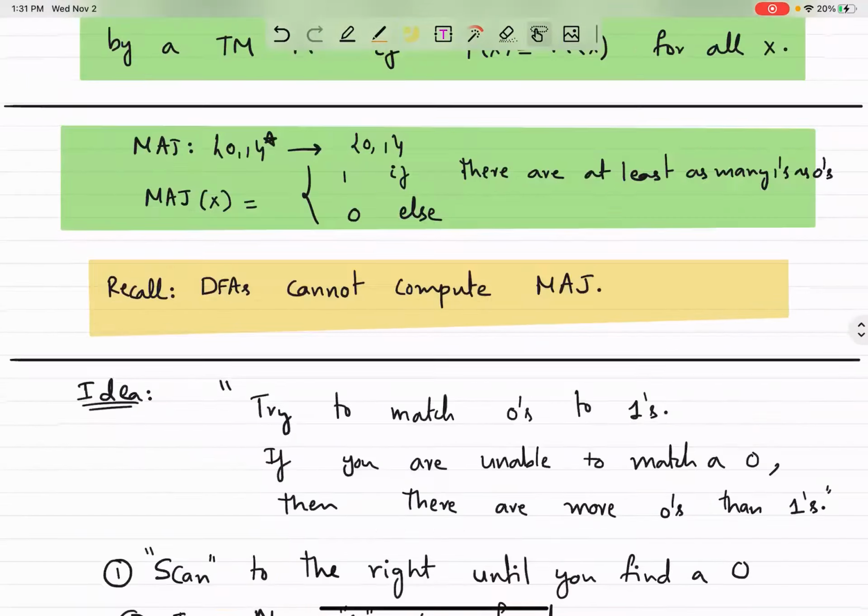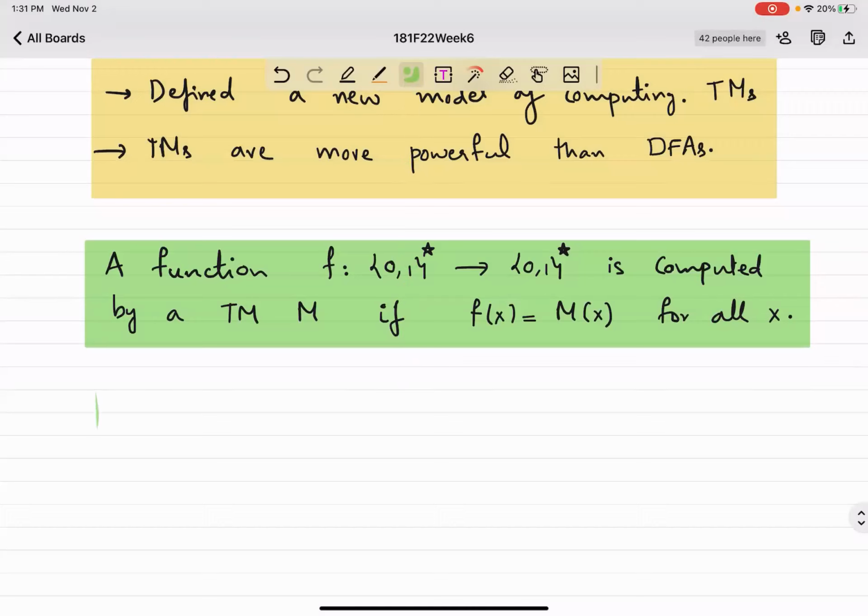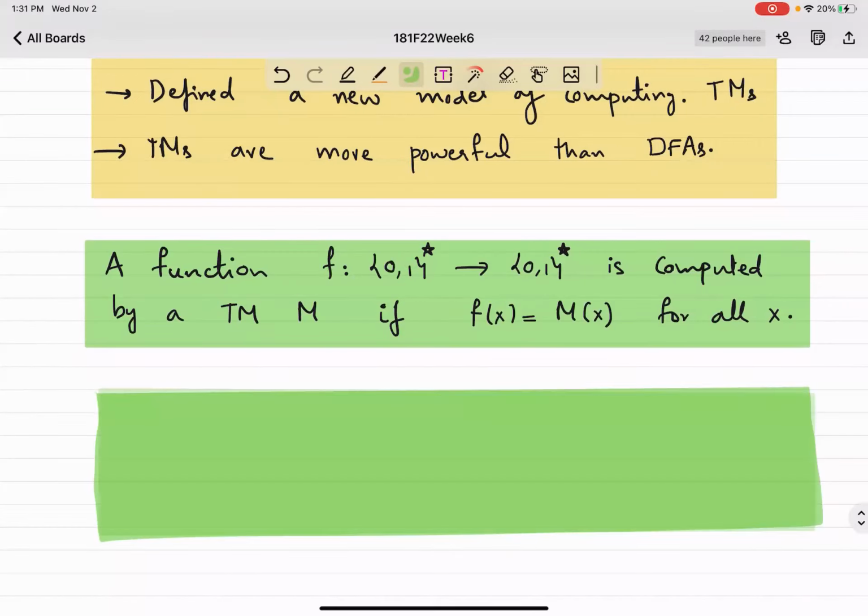Okay, we said a function is computed by a Turing machine if something nice happens. And in the same way, as we did for DFAs, you can also define something similar for languages, right? Languages and functions are similar. So if you have a language L